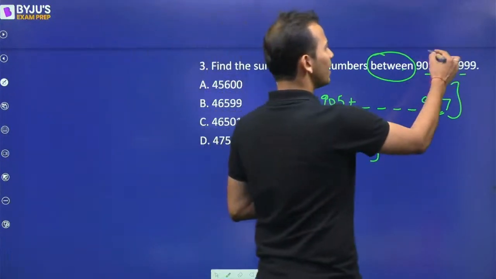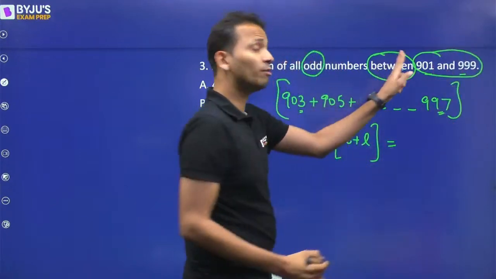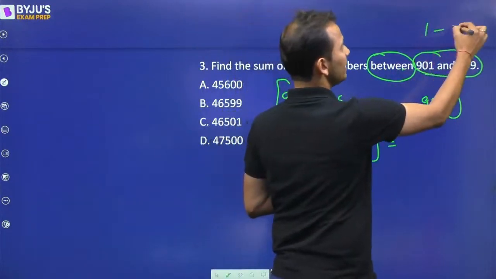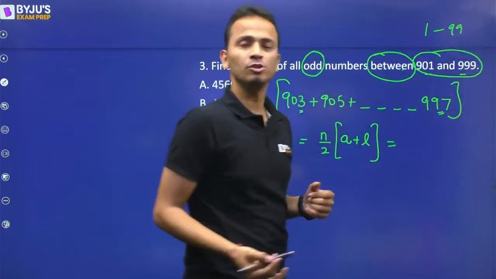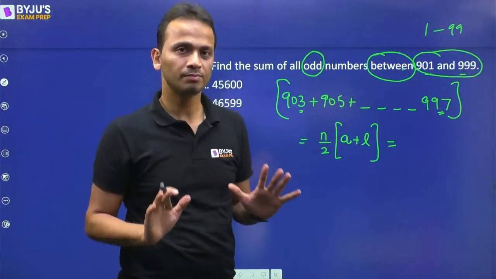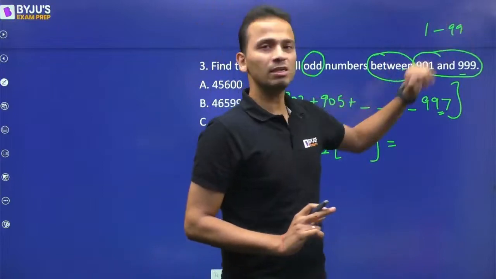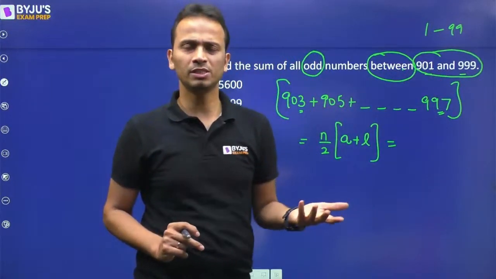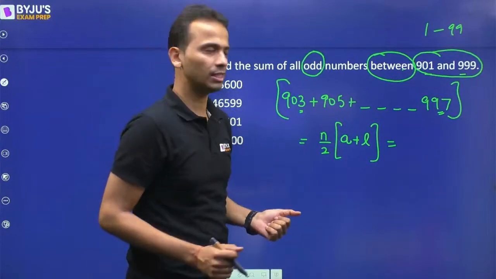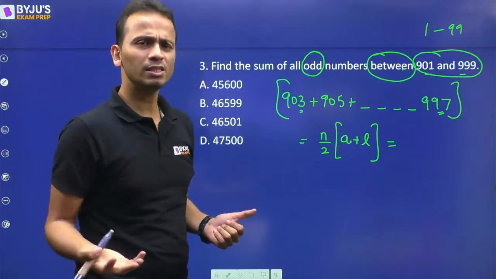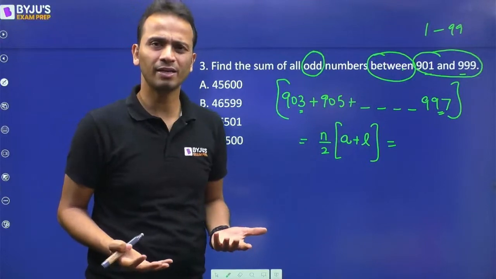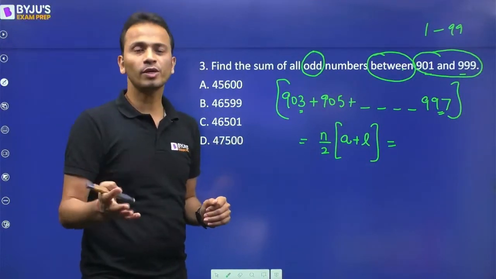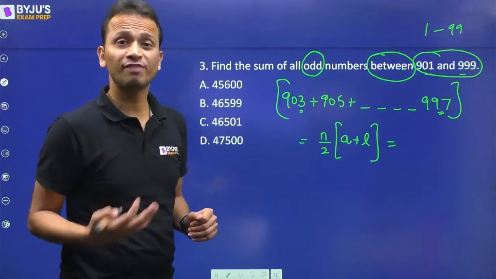If I consider all the odd numbers starting from 901 up till 999, so basically from 1 to 99, how many odd numbers are there? 50 odd numbers, right? But I did not consider the first and last number because I have to stay between them. So remove 2 numbers from 50, and 48 odd numbers are there. Fine. So it is not necessary to find everything by applying a formula. Without using a formula, with the logic, you can also find out the answers much faster.